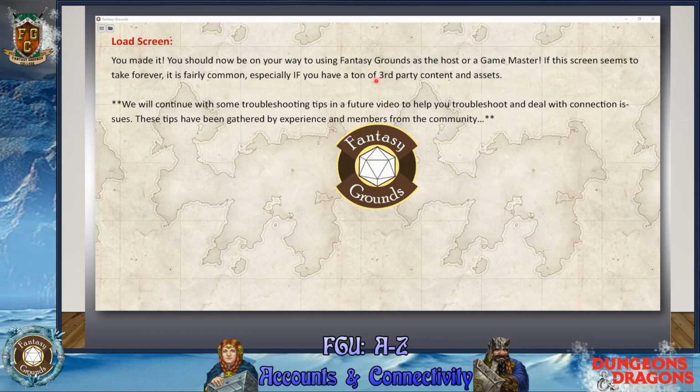The other thing is make sure you have enough hard drive space. You'd be amazed at how many people have complained that Fantasy Grounds doesn't work, Unity in particular, and you go and ask them how much hard drive space they have, and they have like 1 gig left. So you want to make sure you have enough hard drive space to run Fantasy Grounds. I would say at least 10 gigs, if not more. There's probably a minimum number. I'm just saying that hypothetically. I would say 50 gigs or more. But you don't want to have 2 or 3 megabytes left and expect it to run.